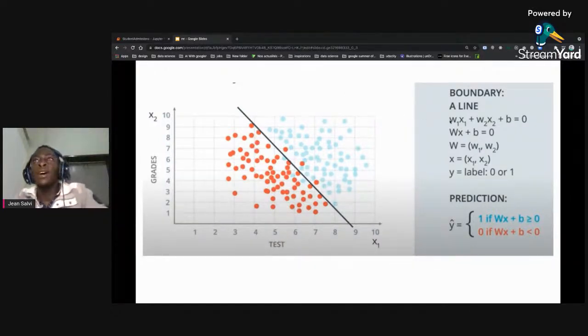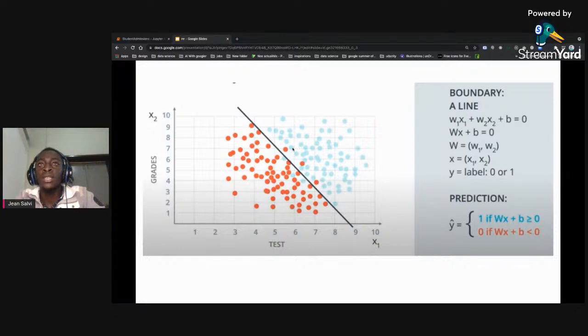So maybe x1 is grade and x2 is test. The grade and the test each have weights, which may be 0 or 1 or something like that, and a bias unit, which is b. So this is a line wx plus b equal to 0. If you want to predict whether a student gets accepted or not, given the input, which is a grade and test,